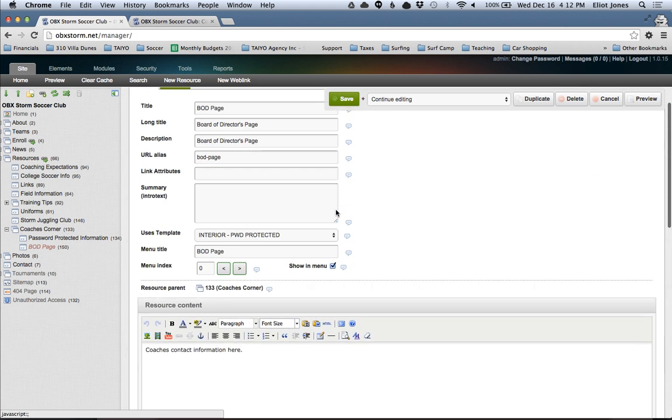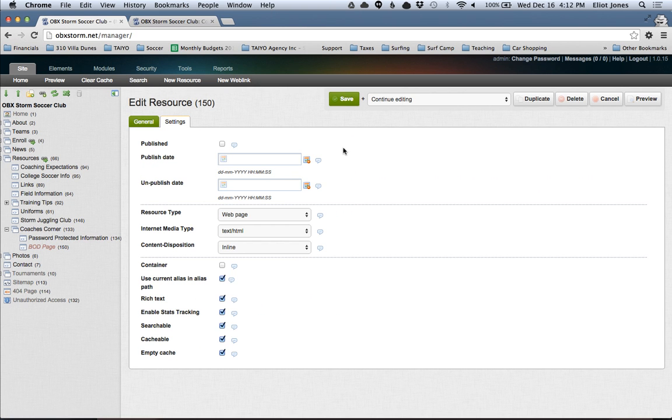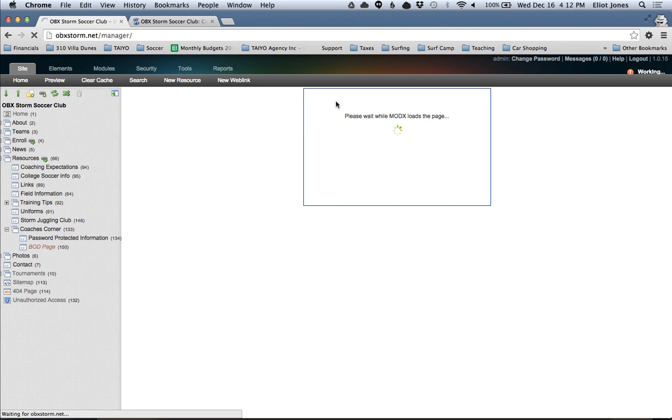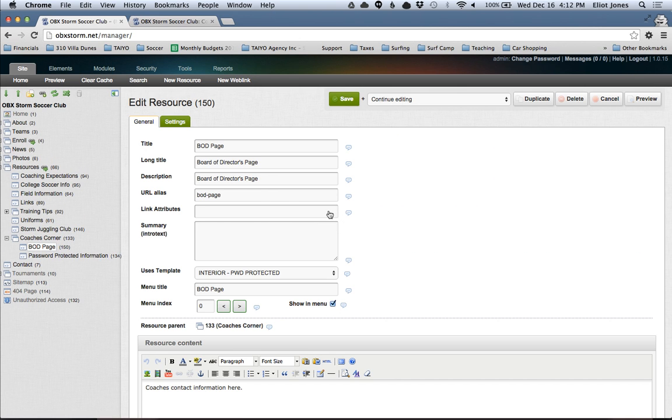Yeah, that's it there. The final thing we need to do is to ensure that it's published. So we'll click the Settings tab, and then the checkbox next to Publish, and Save. And you'll notice that this red text that was italicized in the left-hand column is now black and normal. And you also know the menu index is set to 0, so you saw that kind of pop up to the top here. If we wanted to bring that down below password protected information, we could change that to 1,